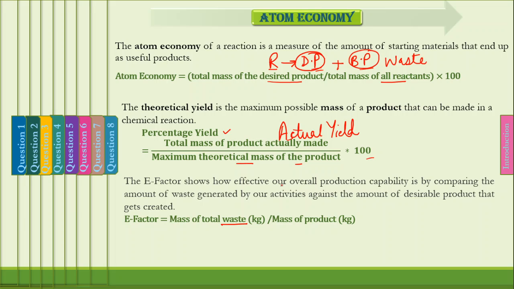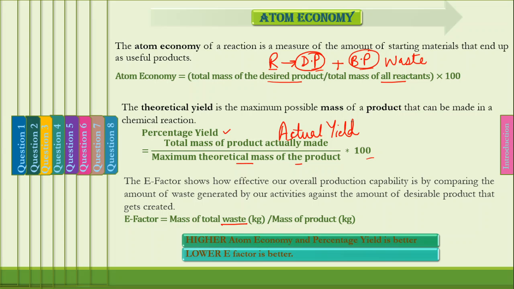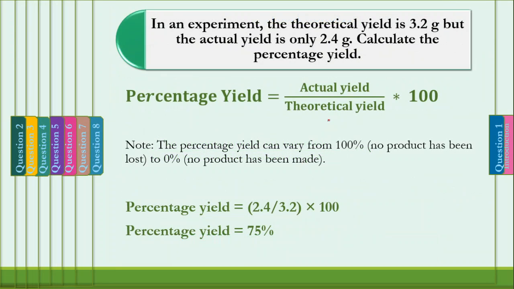Now if I have to ask which you prefer for a green product, what should be the value of atom economy and yield and E factor? So just remember, this is the main thing. Higher the atom economy and percentage yield, that's better, because obviously more desired product will be made if atom economy is higher, and actual yield will also be higher, and it's equal to theoretical yield. So these two scenarios become ideal. And third scenario would be lower E factor is better. Lower, that means the mass of total waste is less and the mass of product is high, which is the ideal condition. So just with that, let us go ahead quickly with the question.